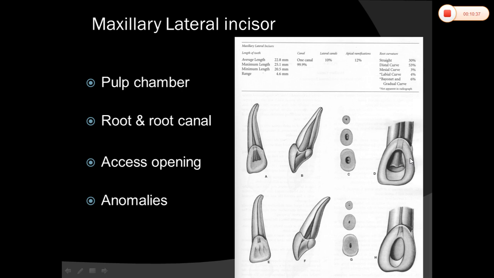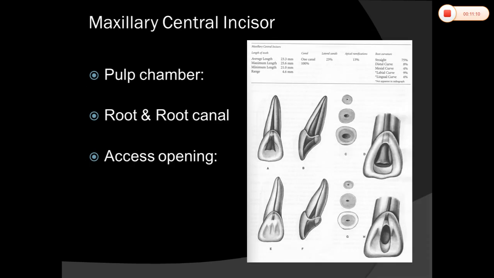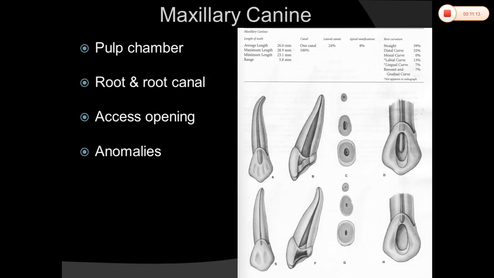So the lingual radicular or developmental groove is an anomaly often seen in the maxillary lateral incisor. And the second most commonly seen anomaly is dens invaginatus, which can be of three types: simple, moderate and complex. So type 1 can be seen in the crown region, type 2 can be seen at the CEJ, and type 3 is beyond the CEJ. So coming to the canine, the maxillary canine is wider labiolingually than mesiodistally. It has no pulpal horns. The central incisor has 3 pulp horns, the lateral incisor has 2 pulp horns, whereas your maxillary canine doesn't have a pulp horn.